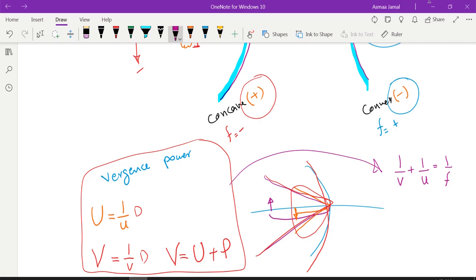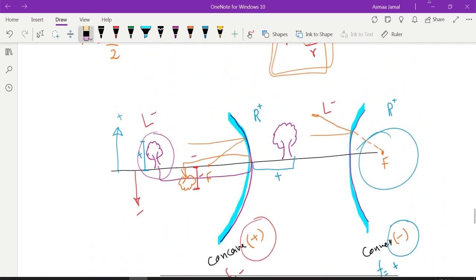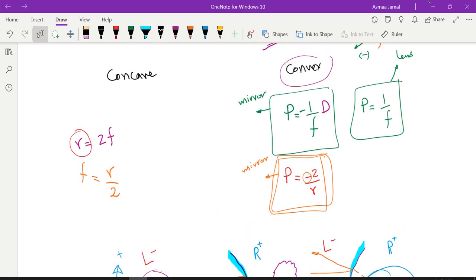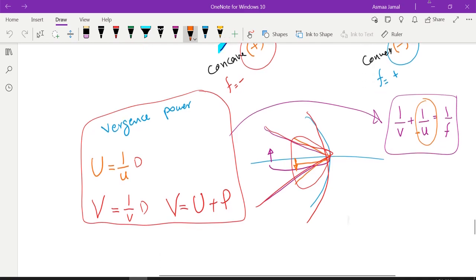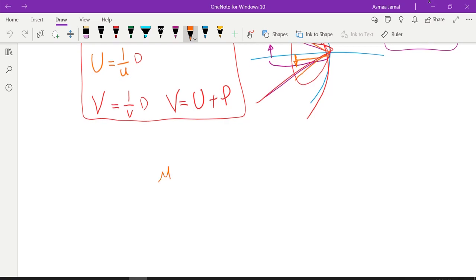Shall we put the negative here? No. The negative sign is just on those power formulas of the mirror. That's all. Here you can only use the normal sign conventions. Since we always put the object in front of the mirror, which means to the left side, that means it's always negative here. And from those, we can find the magnification